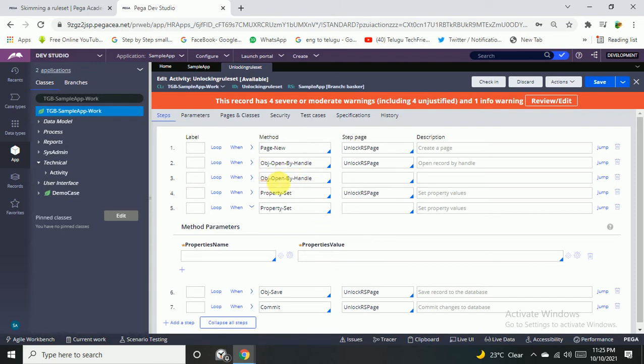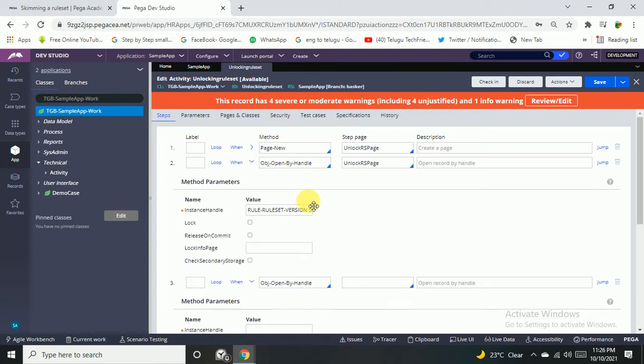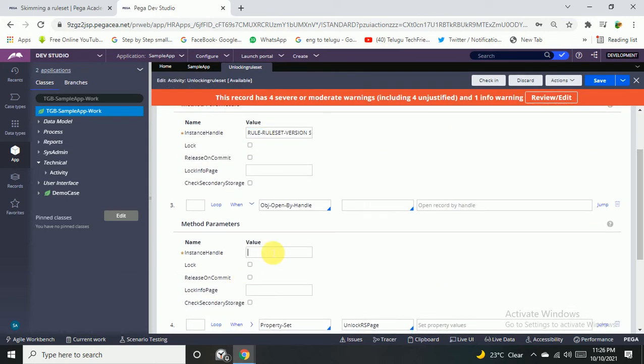Now what I'll do again is the instance key. Within this, the instance key is there. I want to take it every time because I want to do the operation only in the rule set. That's why I want to take it. So now the rule set is the same. The rule set is also the same, just the version only is different. Now I'll copy the rule set name and version both. I am copying. Okay, sorry.